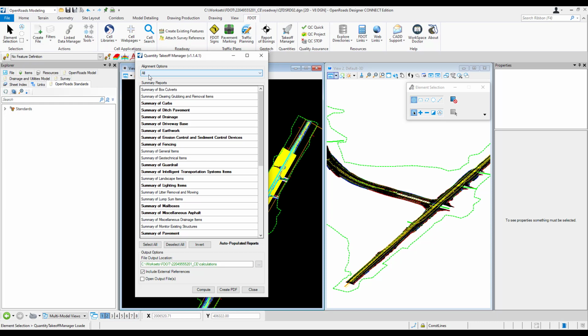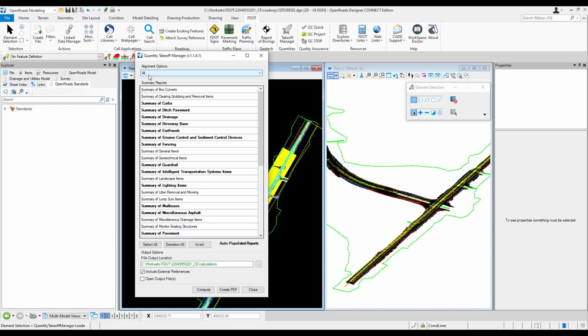But for the estimated quantities report, we'll want all of our quantities included for all alignments in each table. Since the alignments are assigned to the elements with item types, we can leave the option set to all. I do recommend clicking the down arrow before generating the reports, though, to verify that the tool is reading the alignments from the file as expected.